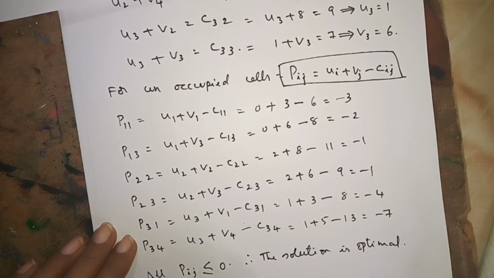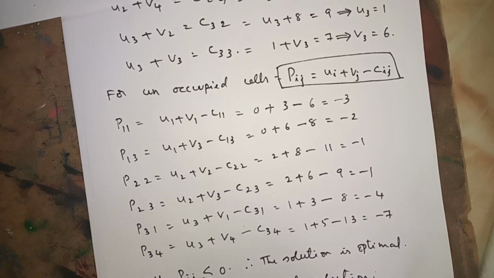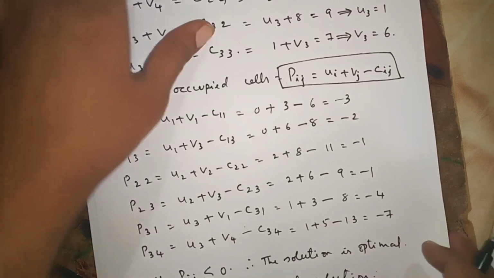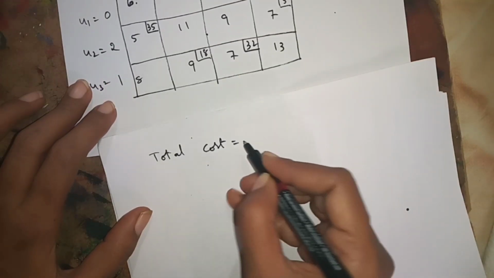We reached the optimal solution. We stop iterations. Now, therefore, the total cost is equal to